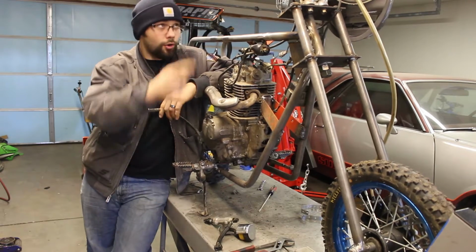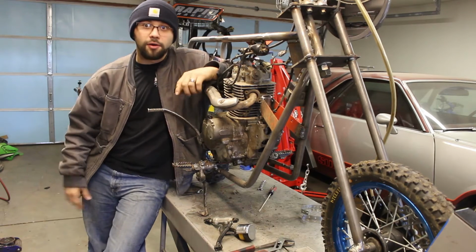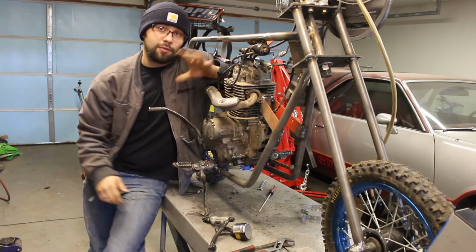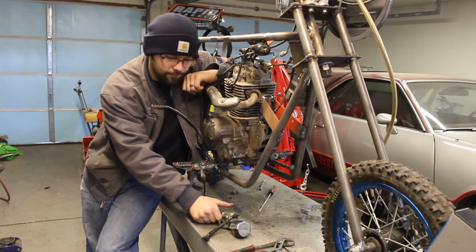And then I have on order a clutch master cylinder and a new brake master cylinder for the handlebars that will be a matching set, and then I have to connect this to the clutch master cylinder to give me a rear hydraulic handbrake in addition to having a foot brake. So that's all going to have to be figured out later, but for now I need to worry about getting